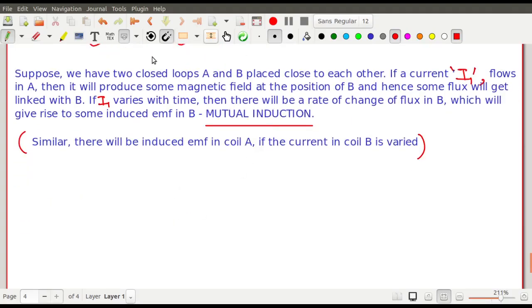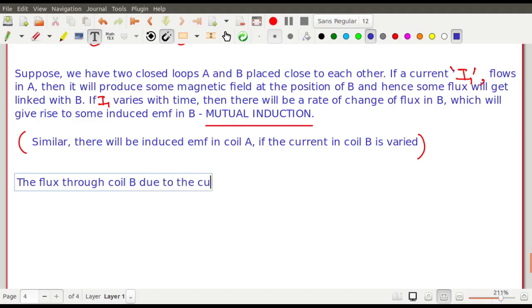Okay, now let us come to the mathematics of it. এবার আমরা mathematics টা discuss করি. The flux through coil B due to the current in coil A, that will be how much? The flux through coil B due to the current in coil A, that is phi 2. Okay, the flux through coil B, মানে second coil, due to the current in coil 1, that will be phi